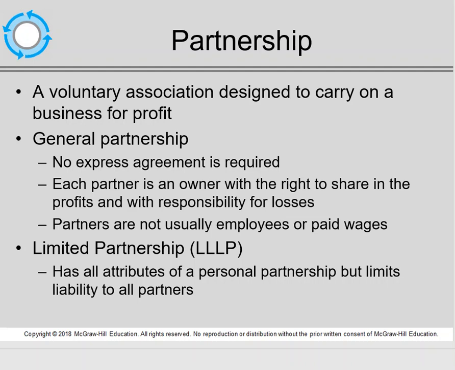The other type of partnership is known as a limited partnership. Now the slide says LLLP. I want you to substitute that simply with LP. A limited partnership has two different types of partners: at least one general partner and at least one limited partner. The general partner has all the management and control, but the general partners as well have unlimited personal liability.